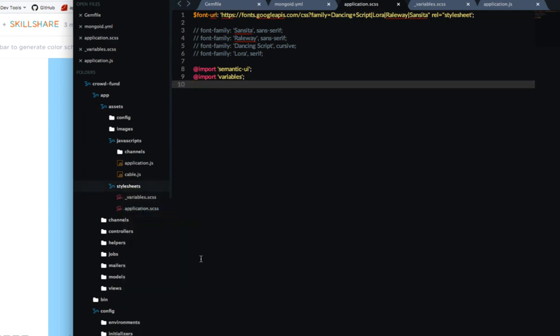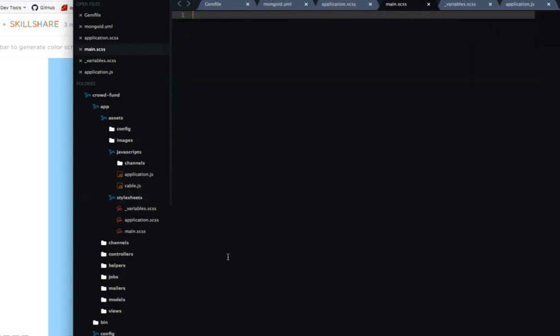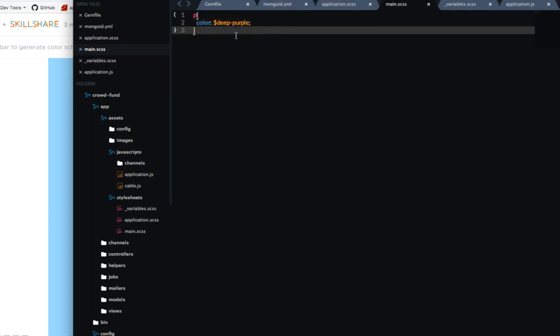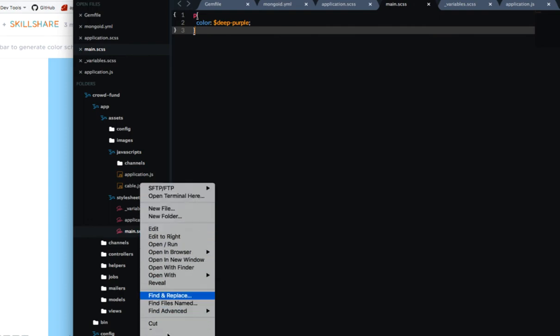So if we have a file called main.scss, and that's where we're going to do most of our styling. So we can say our paragraph text, and we want our paragraph text to be, and you can see here it's going to recognize deep purple from the variable file, and we'll do color deep purple, save. So we can use our variables in our files, and main can be actually